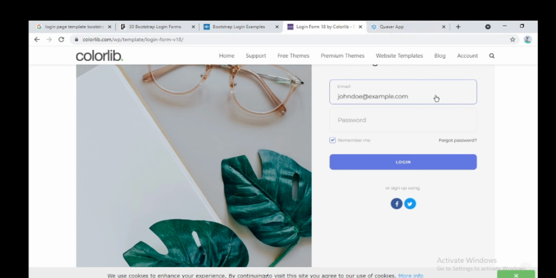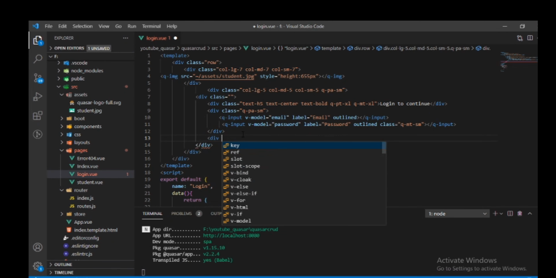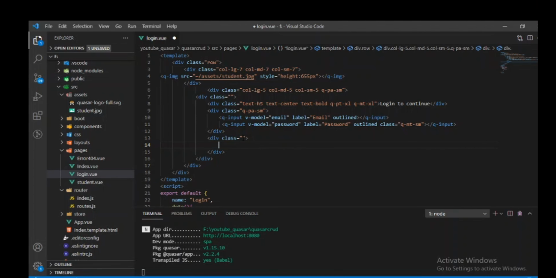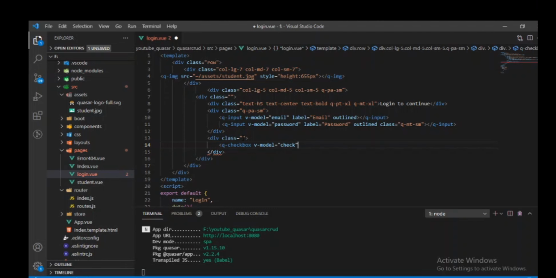For that we will take another div, okay, div with class, and in this we will take a q-checkbox, v-model equal to check. Okay, and then the label will be "Remember me".